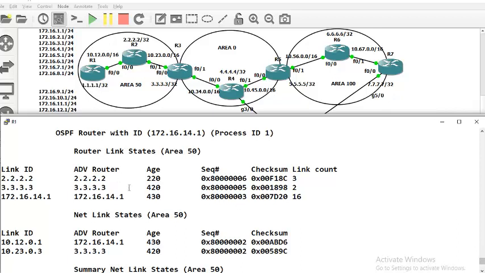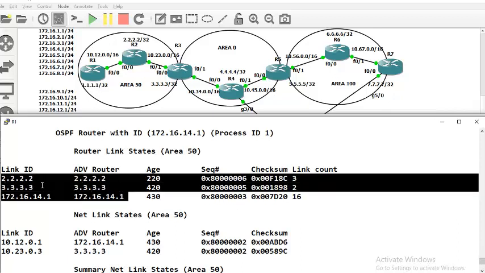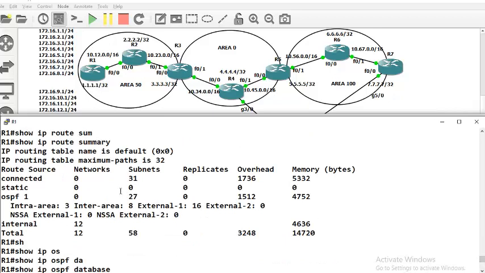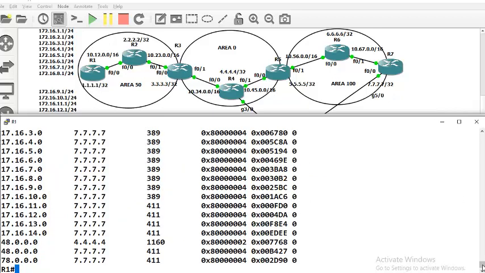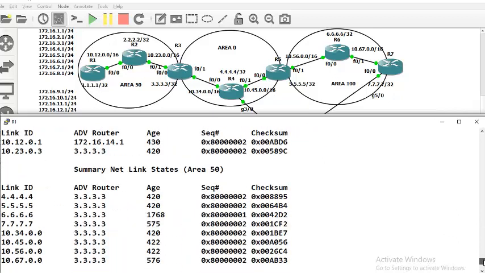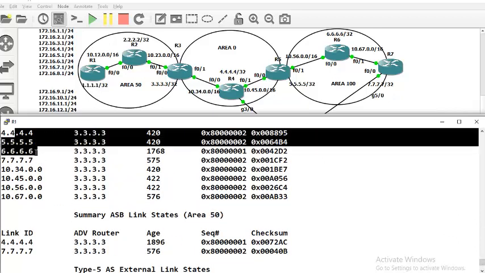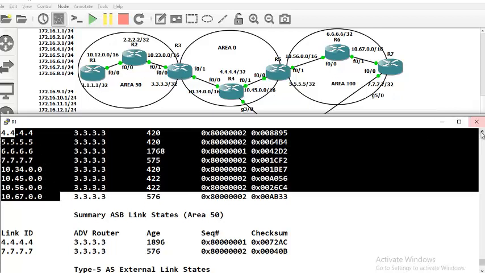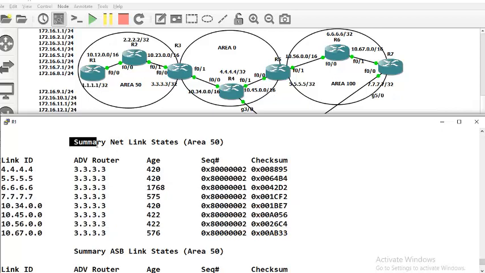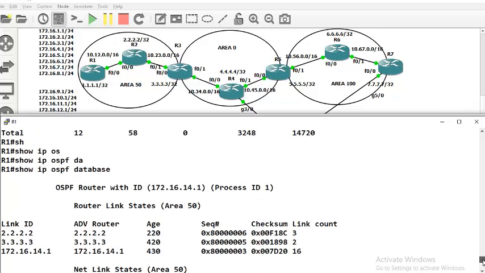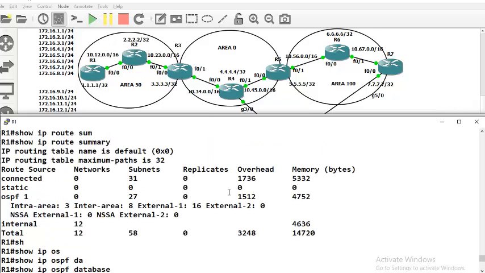Fine. Now let us go back to the original story. When I check the routing table in R1, I got a huge routing table. And if I check the space consumed, show IP route summary, I can see that OSPF has consumed 4,752 bytes of memory. And it has got